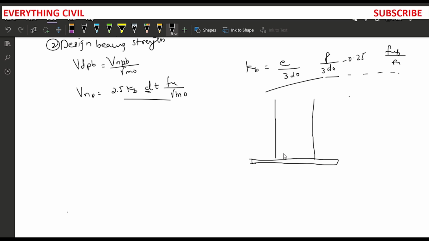So to connect the column with the slab base, we need to provide a cleat angle like this. It can be any angle section; you can use any type of angle section. I will assume that I'll be using a 90 by 90 by 6 angle, and for design purposes I'll be using M20 size of bolts. So keep this in mind.